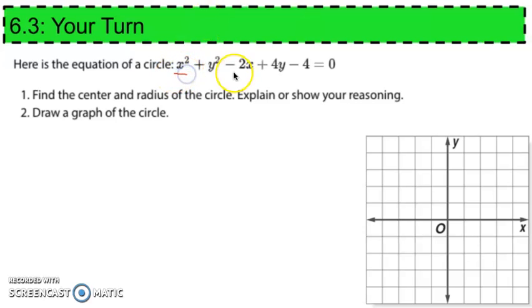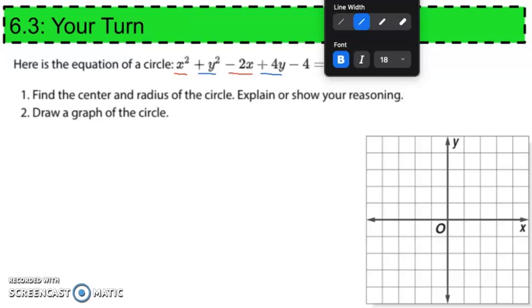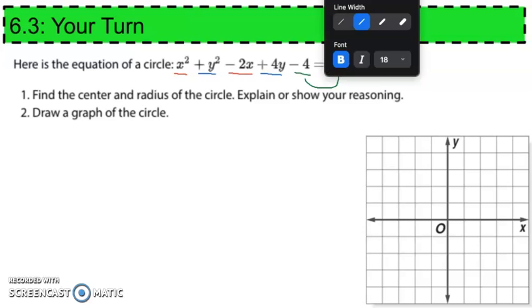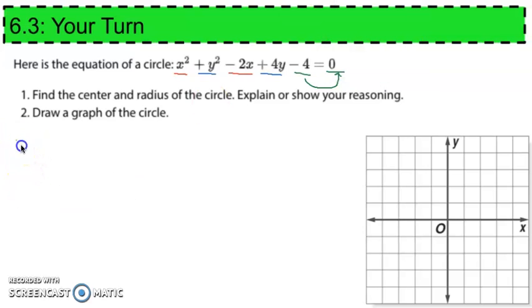So I'm going to put x squared and negative 2x together. I'm going to rewrite my y's together, y squared and 4y. And then I'm going to move my negative 4 over here with my 0 because those are my constant terms. Okay, so let's start with the x's. I'm going to do x squared minus 2x